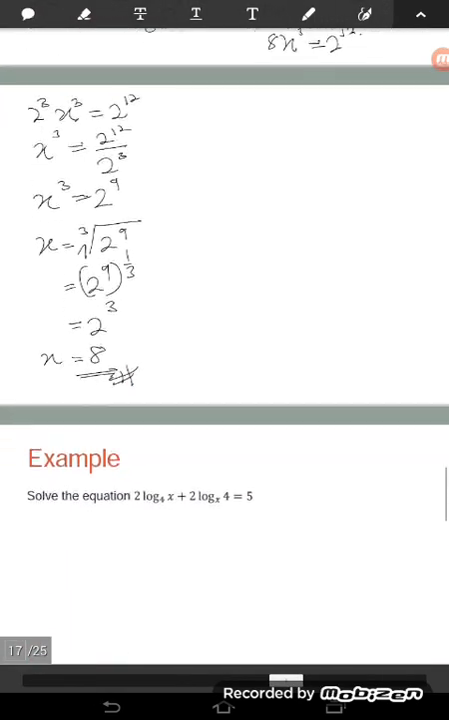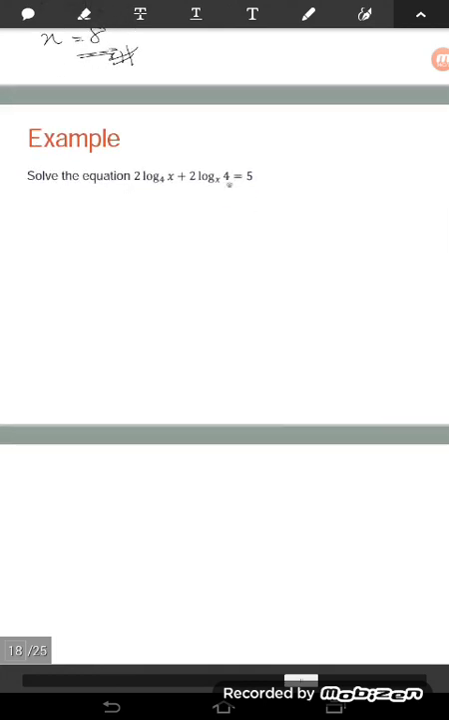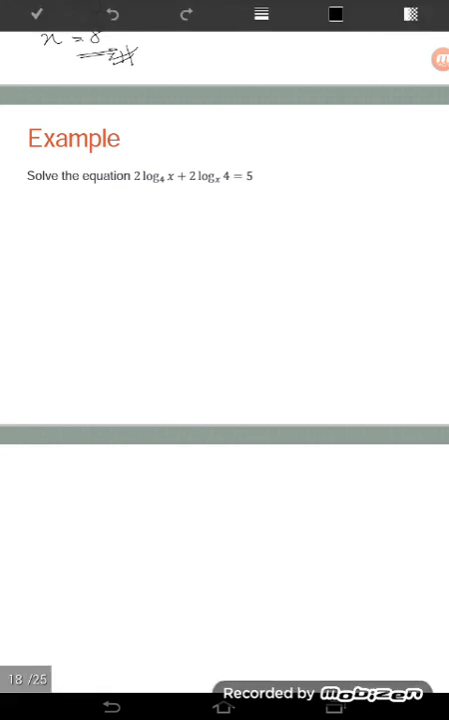Okay, so another example. Solve the equation of 2 log this one. Okay, so to combine this log, since here the coefficient is not 1, we need to make it become 1. So we bring this 2 to the power. Okay, so we have log 4x power of 2 plus log 4 power of 2 base x is equal to